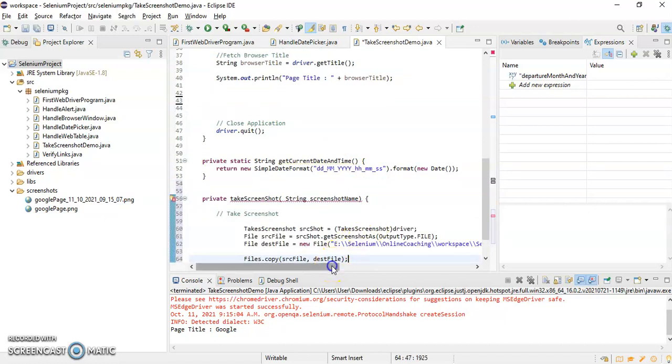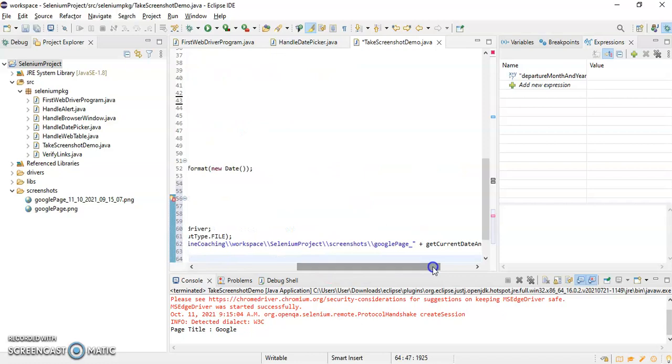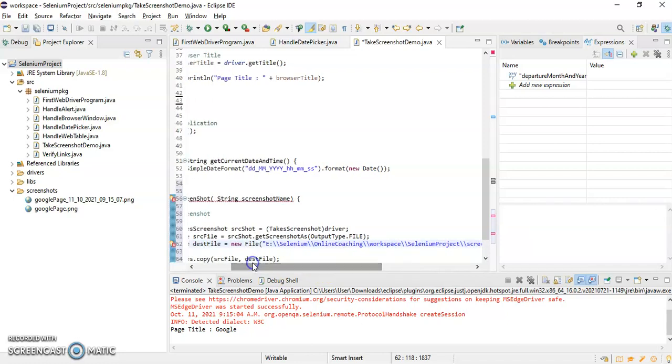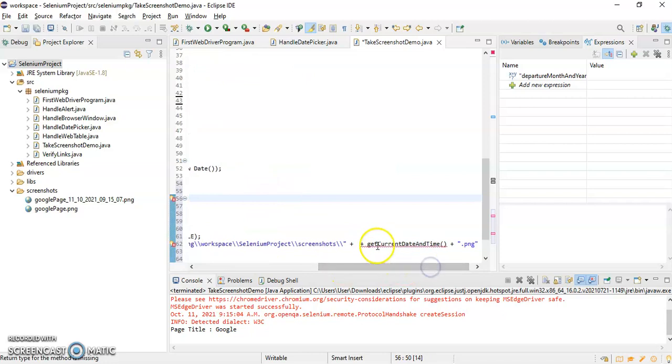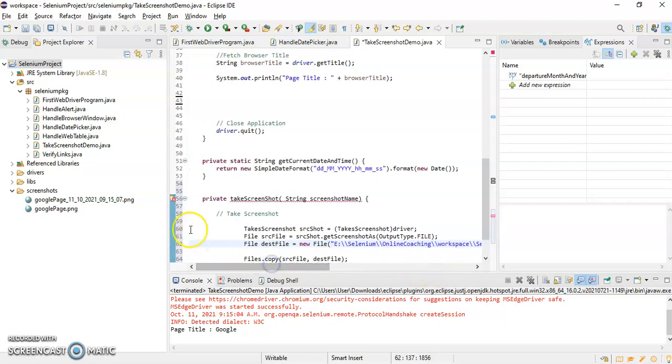Here, we know the path. So I'll write this variable, screenshotName, then I will put one underscore, then getCurrentDateAndTime, right?